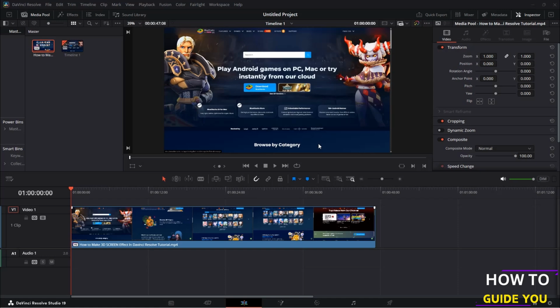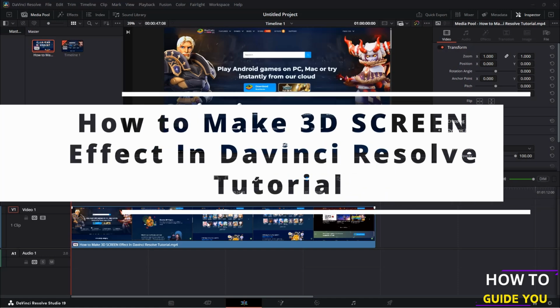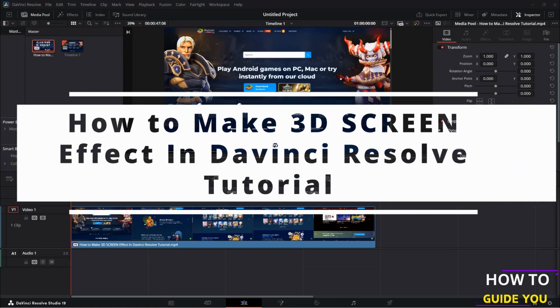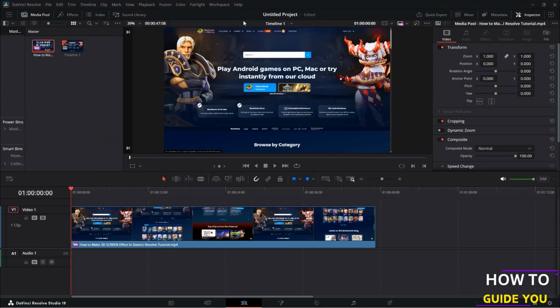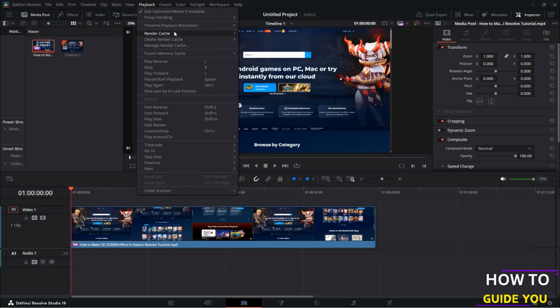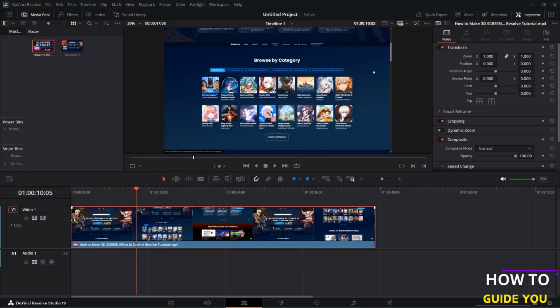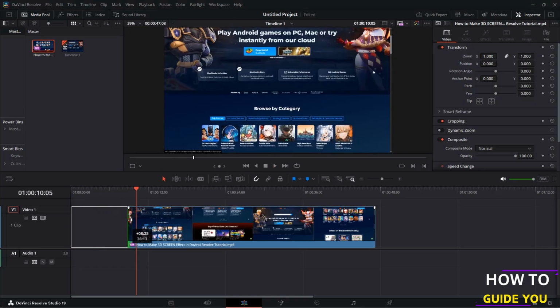The topic of today's video is how to make 3D screen effects in DaVinci Resolve. So what we're going to do here is play around with some keyframes. So here's our video, and it's just pretty much me scrolling down on this web page, and I like to